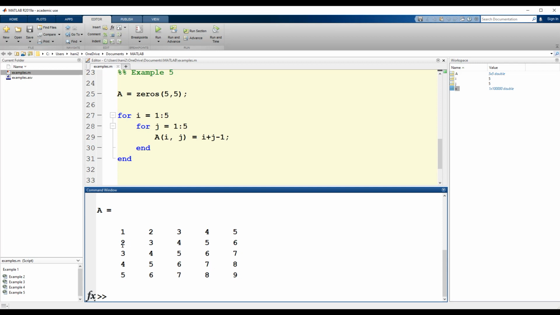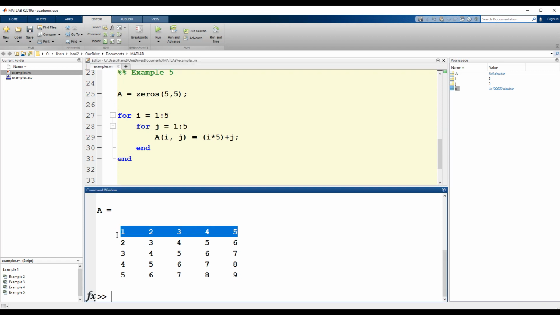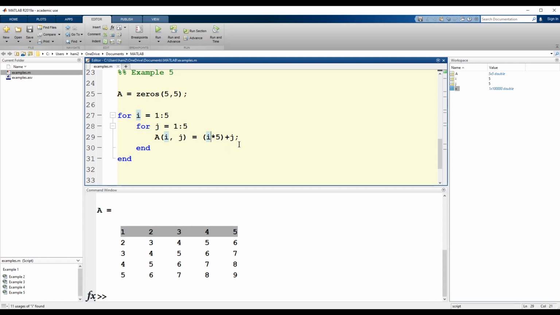So we can say we want this element to be 6. So this could change to I times 5. If we are in the row number 1, I times 5 is going to give us 5. Okay, and then we add the j element, right? But I times 5 here, if we are in the first row, that means we start at 5. We do not want to start at 5, we want to start at 0. Okay, so we should say I minus 1